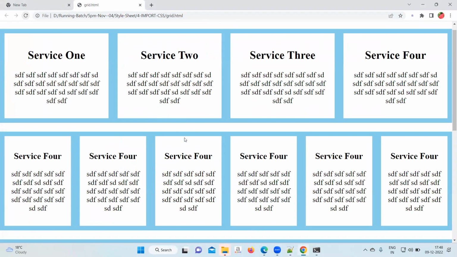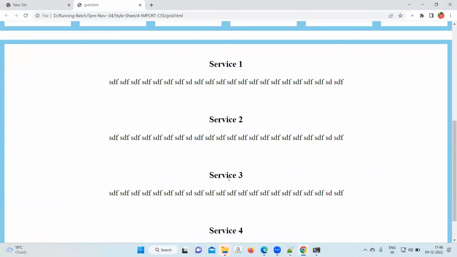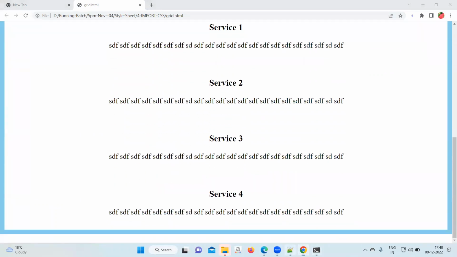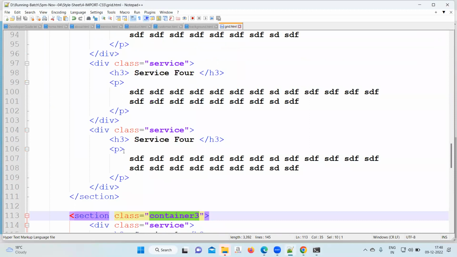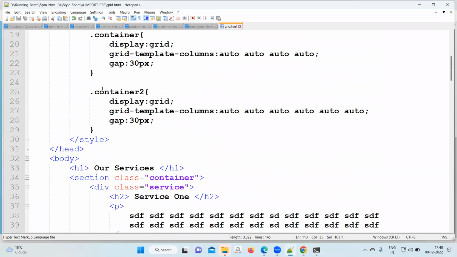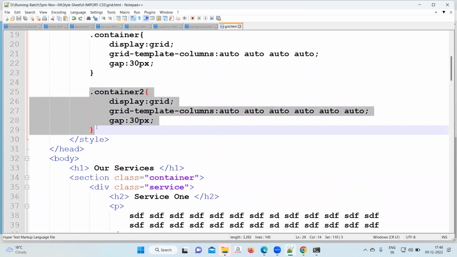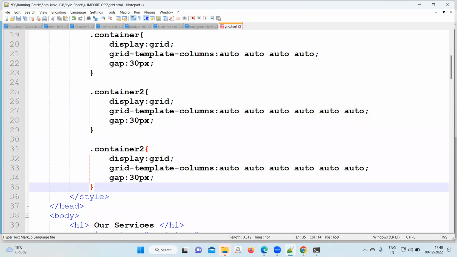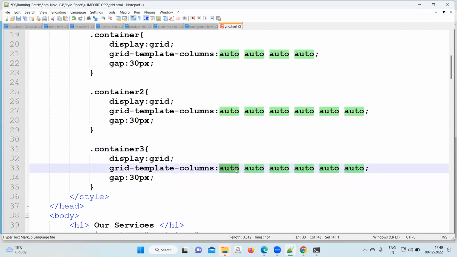That loop is like this. In the last, 1, 2, 3, 4 service is coming. Now CSS will write for container 3. That should be first give as a